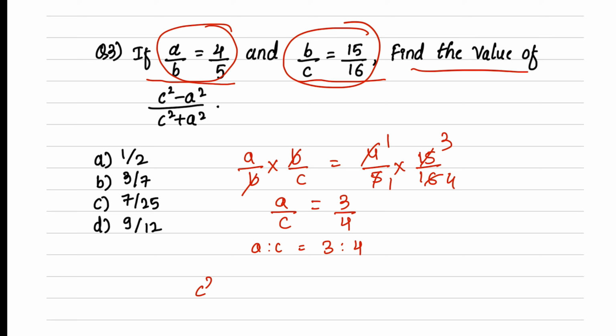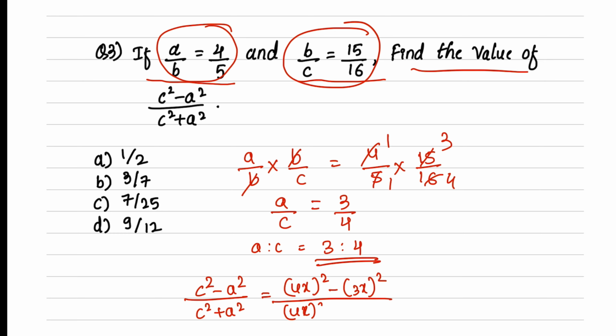Now you write C square minus A square by C square plus A square. Now you substitute these values, but we don't know the original value. I'll write (4x) whole square minus (3x) whole square divided by (4x) whole square plus (3x) whole square. So you will get 16x square minus 9x square, which will be 7x square by 16x square plus 9x square,